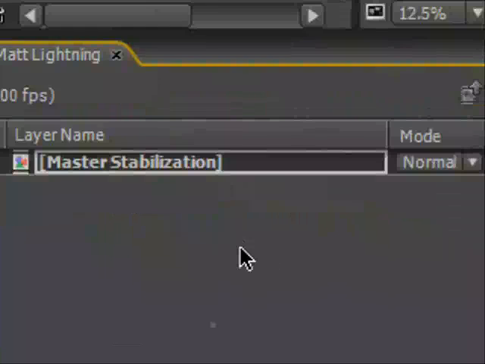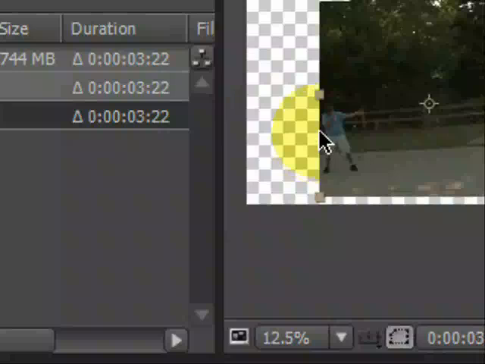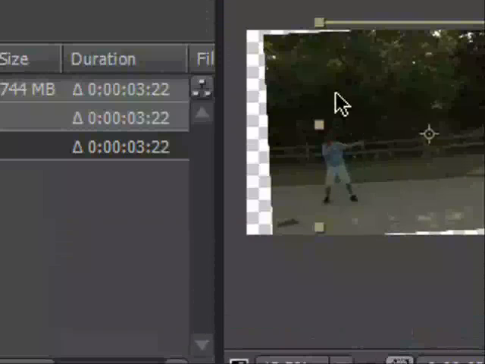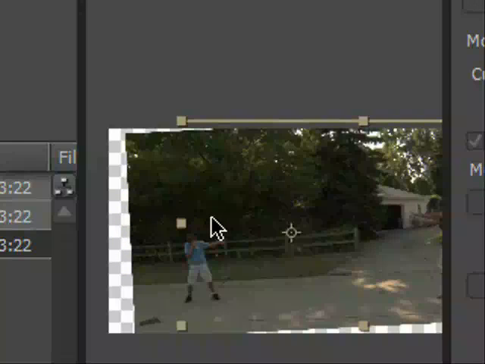One more thing. Since we have our master stabilization here, let's toggle switches modes, hit collapse transformations. If you notice, there's not much here. If you collapse transformations, it brings back some of the extra stuff that we lost. Alright,